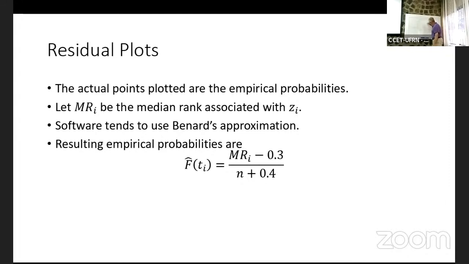There's going to be a general pattern like this. And we got all the calculations in there. You can have fun with this. And all the standard software does this automatically for you. What I don't like is it's 95% confidence bounds, because I'm not dealing with the true empirical probabilities here.